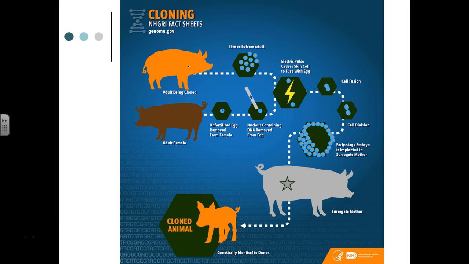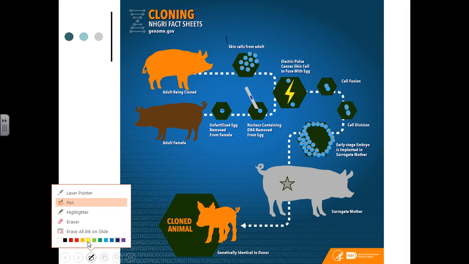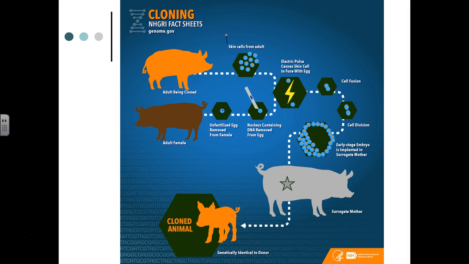From the pig that's being cloned, they can take skin cells from the adult, or really any other diploid cell, so it's got both pairs of each of its homologous sets for mom and dad. We take those skin cells or udder cells or eye cells or anything else, and then from the adult female that's not contributing genetic material, you take an unfertilized egg out of her ovary, and these are